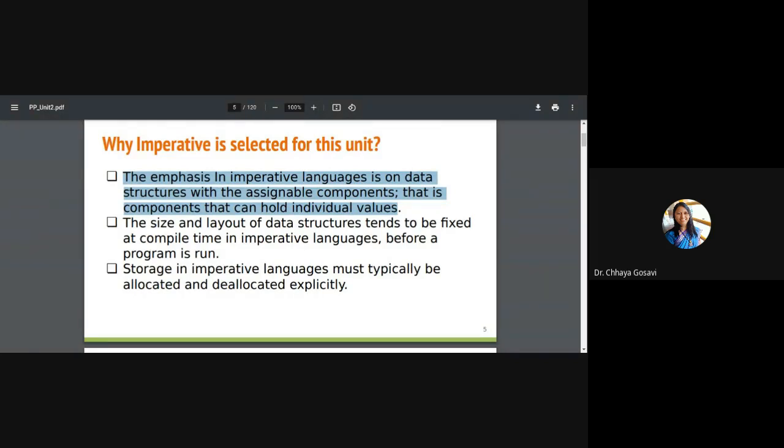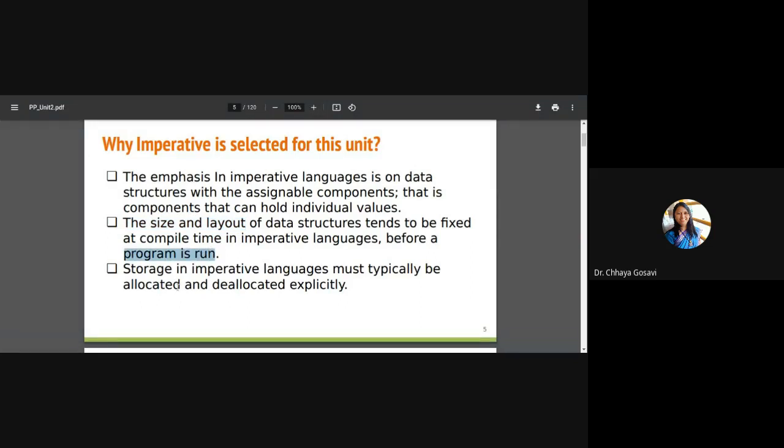And imperative languages focus on data. The size and layout of data structures tend to be fixed at compile time. So if you define a variable int a, that means you are allocating 2 bytes for variable a. So the size is fixed. Memory allocation for variable a is fixed at compile time. So the size and layout of data structures tend to be fixed at compile time in imperative languages, before the program is run.